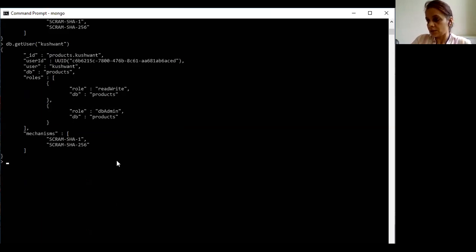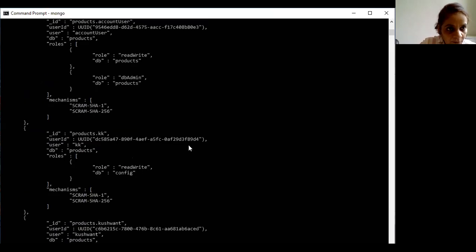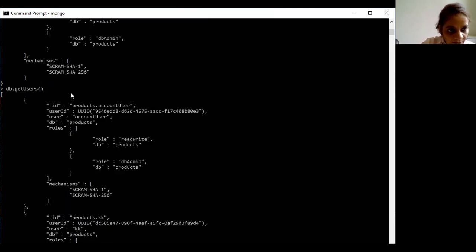Now suppose we want to get all the users, meaning display all the users. So we will write the command db.getUsers. So we will add an S with this. Nothing else we need to do. We simply specify S over here. Now see, with the help of db.getUsers, it has displayed all the users of the current database which was active.